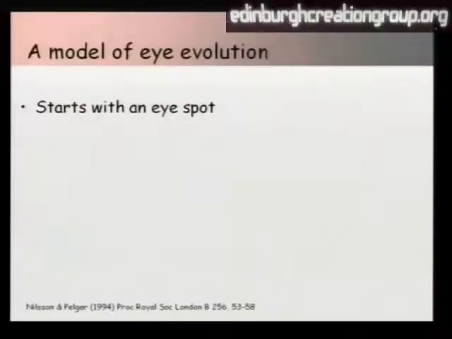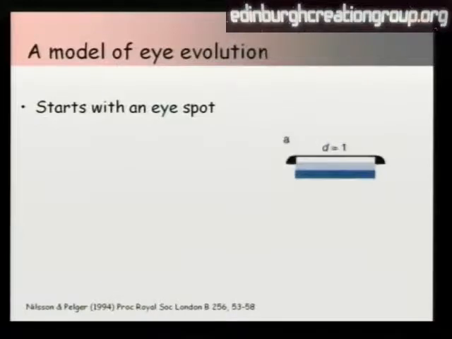Now, Darwin claimed to have solved the problem. Well, his claim is a bit hollow, because evolutionists are aware there's still a problem, and there have been modern efforts to explain the evolution of the eye. Two gentlemen by the name of Nielsen and Pelger in 1994 wrote a paper called A Pessimistic Estimate of the Time Required for an Eye to Evolve, to demonstrate that it's quite easy to evolve an eye. They started off with an eye spot, which is basically a light-sensitive patch of cells which responds to light so that an organism can detect whether it's light or dark. And starting with an eye patch, they claimed that you could, by slow, gradual steps, just like Darwin suggested